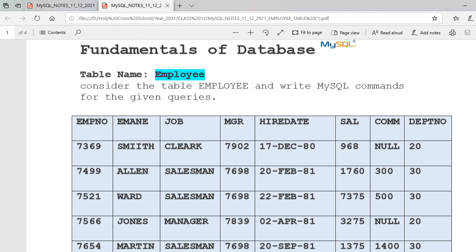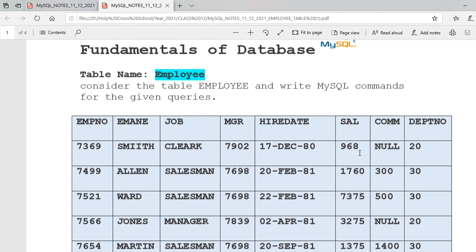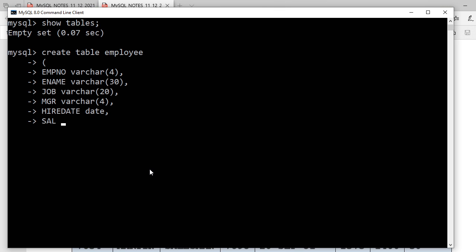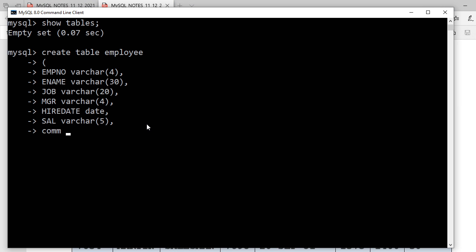Okay, then next one. SAL, salary. SAL will go, is it? So I'm going to write here SAL, salary. What do you think the salary can be? Salary is 9861760, that can be integer, is it? But since I'm showing you varchar, I'm going to put varchar. Okay, but you will not make it a practice. Warning, is it? Varchar, how much will I take? What is the maximum length? Yeah, 5. 5 is okay. So let it be 5. Okay, according to the given data specifically. Salary is done. Then next one. Commission. I am going to write here commission.